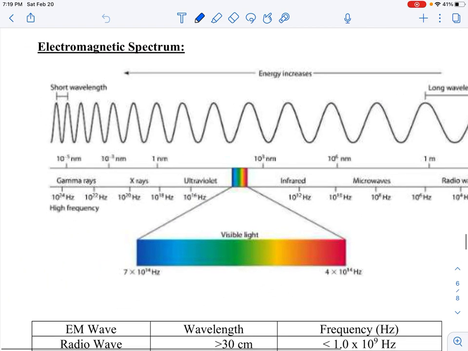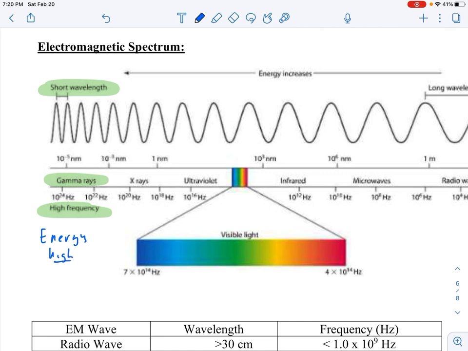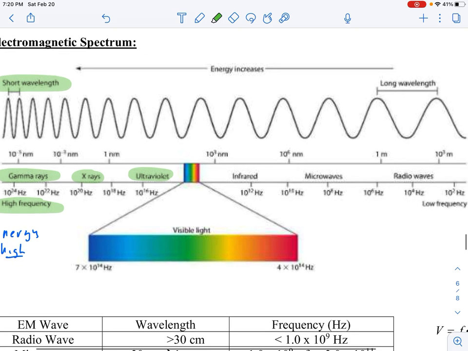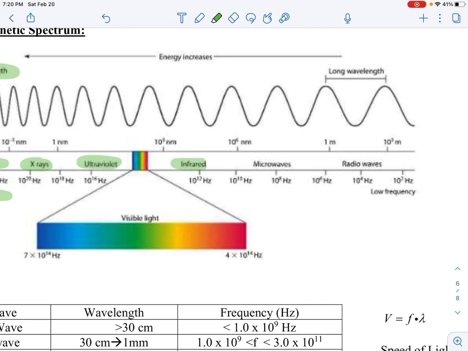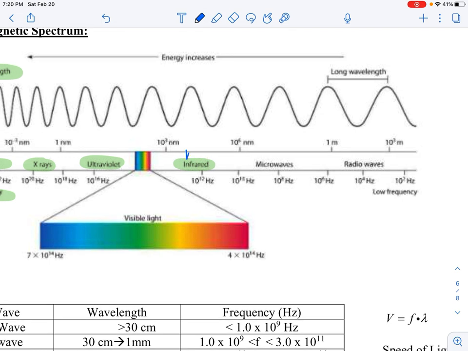Now, waves that have a shorter wavelength and a higher frequency have more energy and are typically more dangerous. So, for example, X-rays, it's not good to be in X-rays for a long time. It's even not good to be in ultraviolet light for too long because ultimately it breaks down cells and causes cancer. On the other side of the visible light spectrum, we've got infrared, which is the same thing as heat,